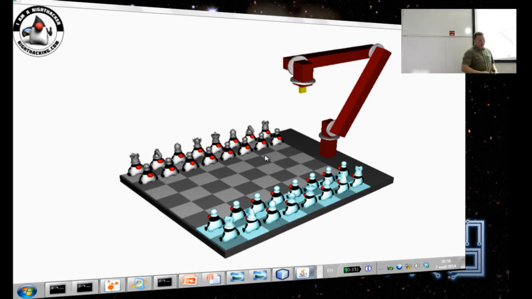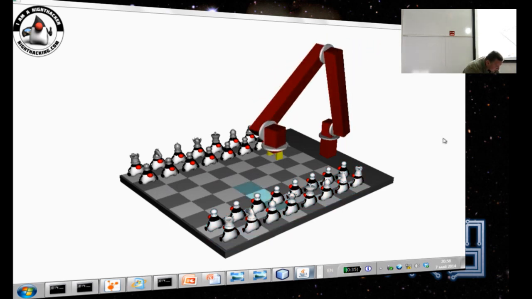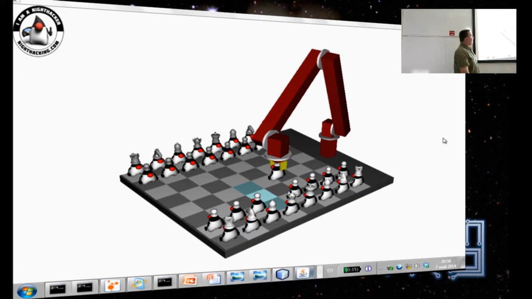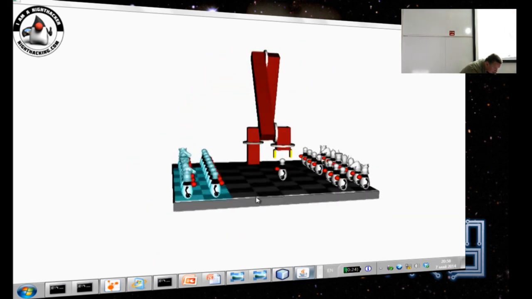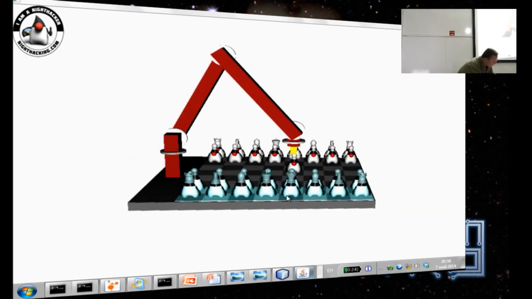So you have easy control over the whole construction, and we were using it to actually understand how good our robot would be when we were building it. So what should be the sizes of the legs and all of that.